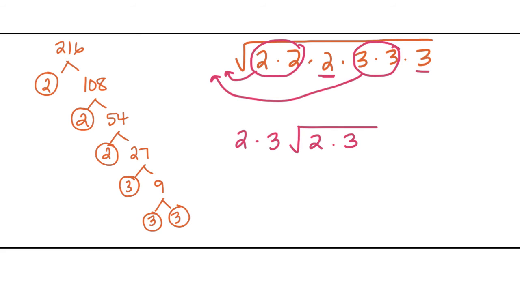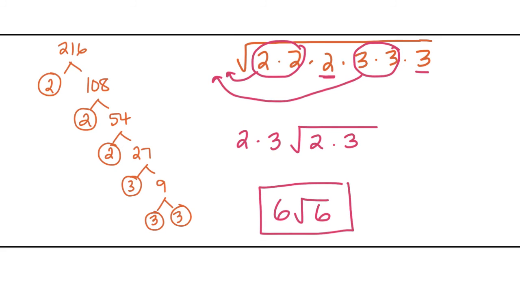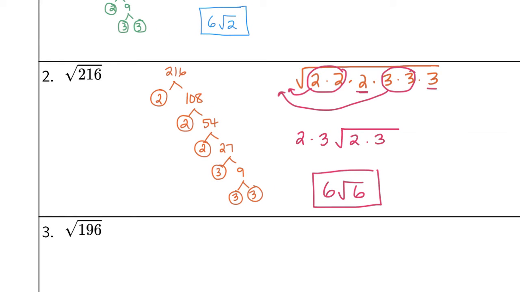And last step is to simplify everything by multiplying. I know that 2 times 3 is 6, so this would be 6 square root of 6. And that's our answer. The square root of 216 would simplify to 6 square root of 6. And our last example,